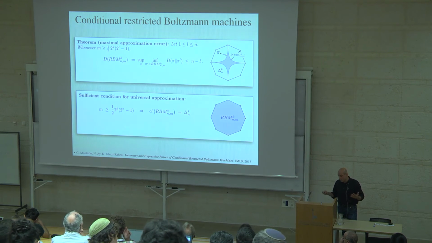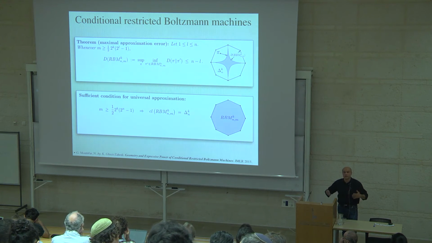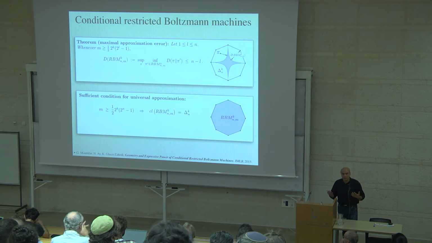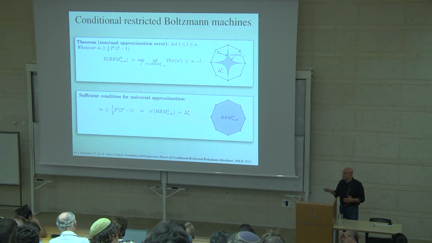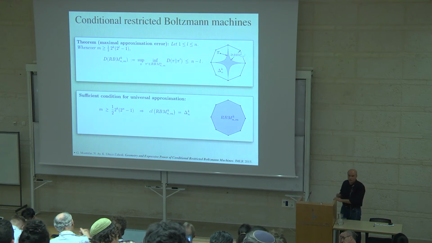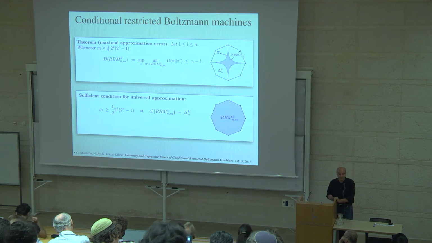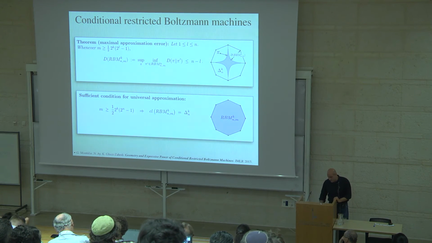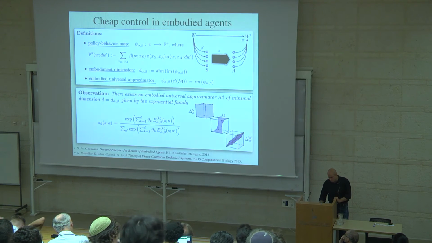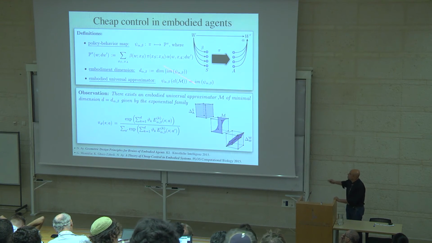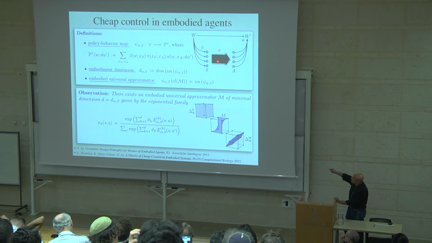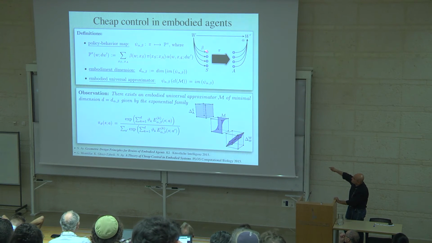So what I'm going to show you is that if you actually exploit the properties of the body, then you can drastically reduce these exponential numbers. So that's the plan here. And the idea is the following. It's very simple. So what I have shown to you now is the policies.